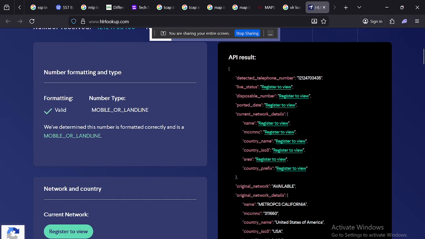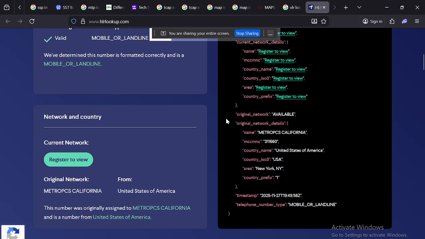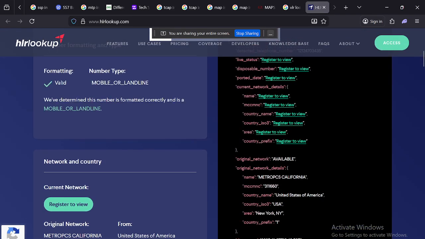You can see here the detected telephone number and API results. It shows Metro OPSEC California, MMC ID. Country name is United States of America, area is New York, country prefix is 1, timestamp right now, mobile or landline.